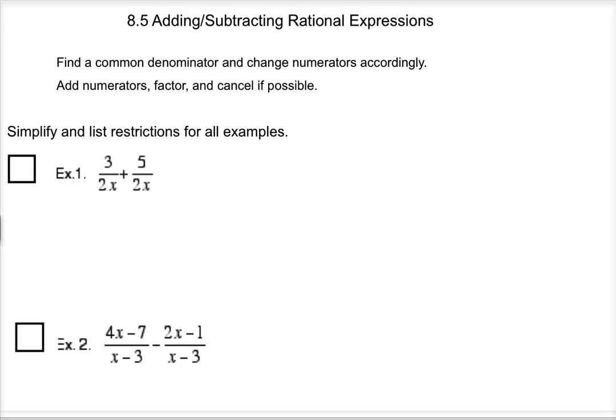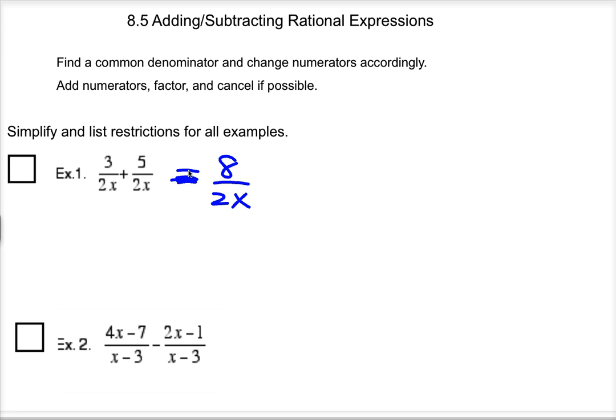Lesson 8.5 is on adding and subtracting rational expressions. So we just got done multiplying and dividing. Now we're moving on to adding and subtracting. In order to add and subtract, you just simply need a common denominator. If you have that, you can go ahead and just add the numerators,